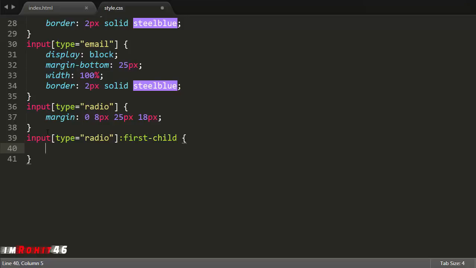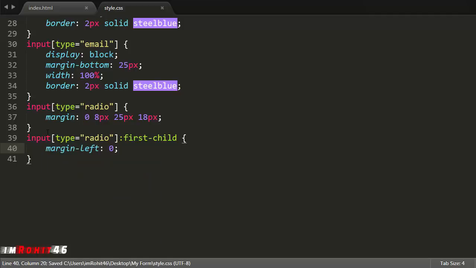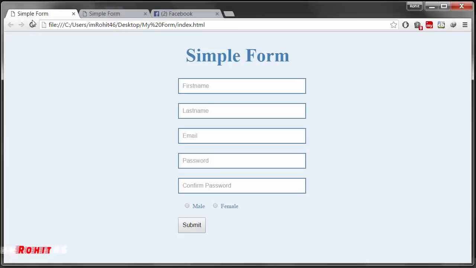The margin left is 0. So now save this and see this in browser. So now they are aligned perfectly. So now I have to style this submit button. So let's go to the text editor and write,